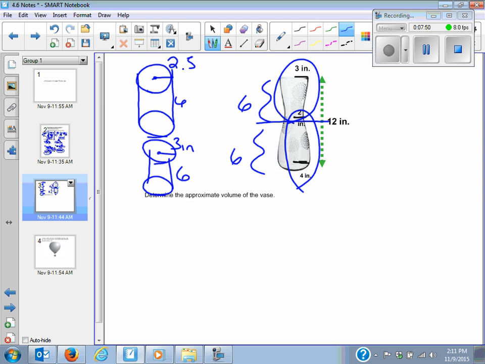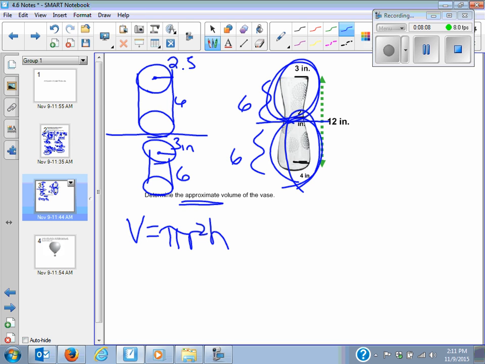If I wanted to do the approximate volume, I would do two volumes. The volume of a cylinder is, again, pi r squared times h. I'm going to do that twice, once for the top part, for this half, and once for this part, then I'll add them together, and that's going to be my approximate volume. So that's pi times 2.5 squared times 6, and when you put that in your calculator,